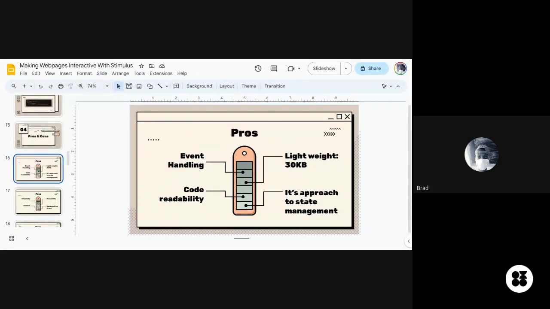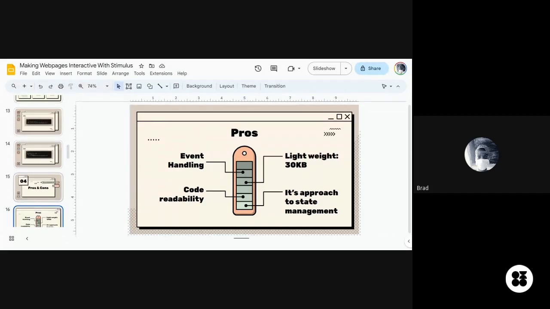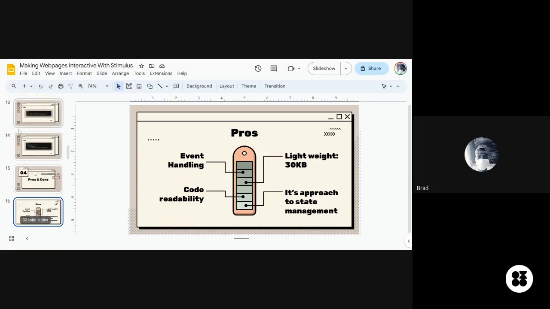Code readability. Just be frank with yourself. Looking at the code samples I showed you, if you are honest with yourself, this was easy to understand. If it was not easy for you to understand, just raise your hand and signify. I think, as a result of the silence, everyone was able to get a little understanding about Stimulus. I thought someone was trying to signify that they didn't understand.